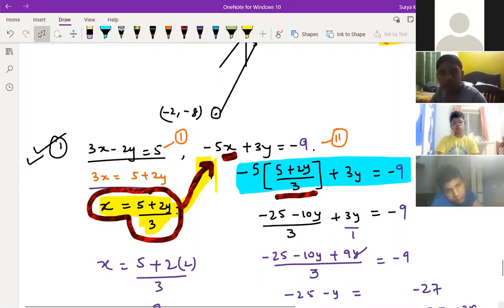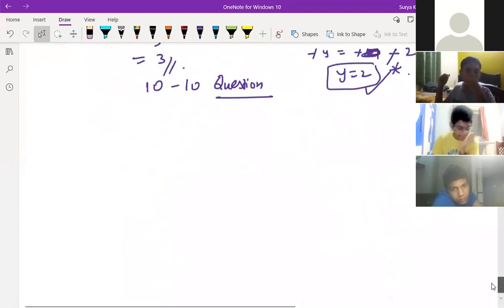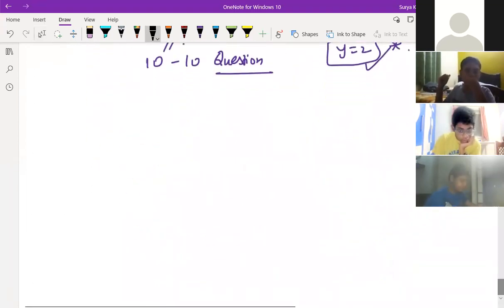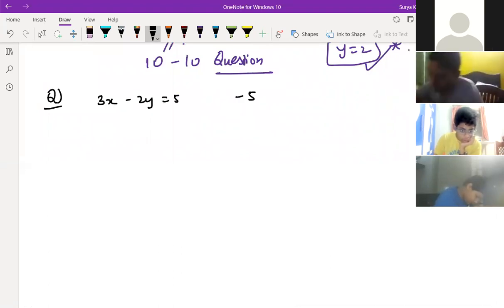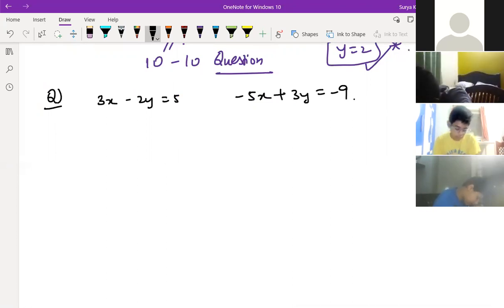Now I'm going to move to the third topic, that is the elimination method, children. That is the easiest type of question. Read the same question you have done right now. Minus 3x minus 2y is equal to 5. Minus 5x plus 3y is equal to minus 14. I changed the question. So here in the elimination method, children, what we have to do, don't look here and there and don't write anything.